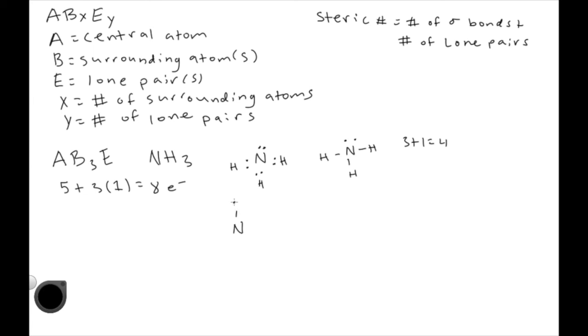Here's our lone pair. Here's 1 hydrogen bond. Here's another hydrogen bond that's coming out of the page. And 1 more hydrogen bond going into the page. Right, so now we have a tetrahedral